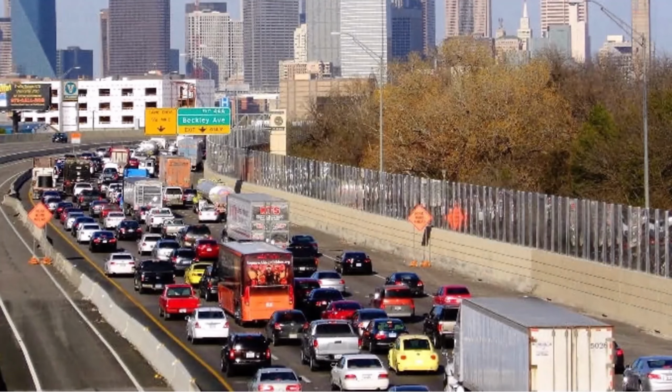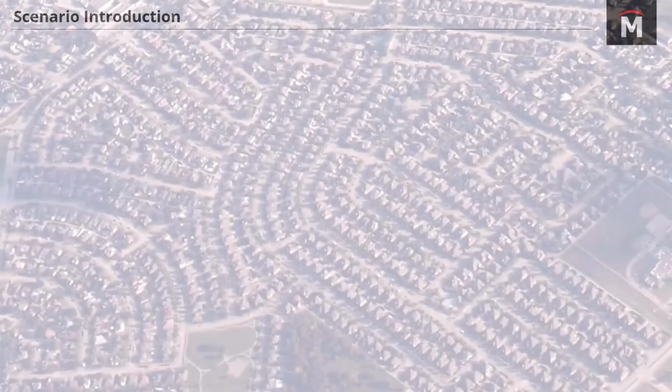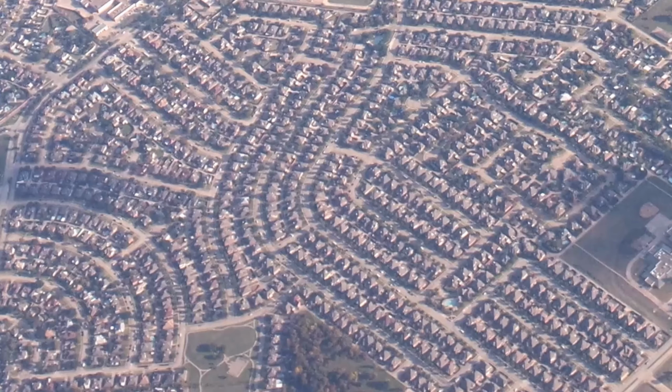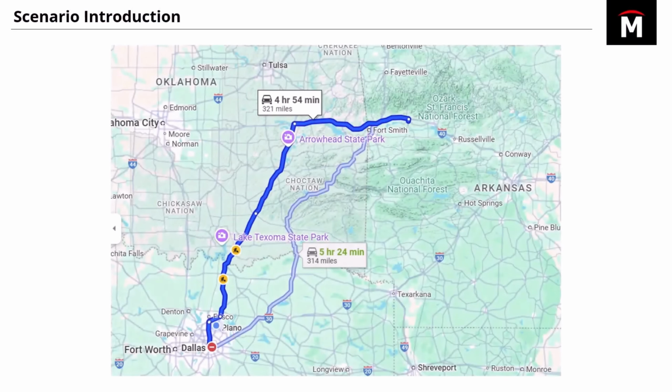We've got all the traffic you could ever want, and we have suburbs basically as far as the eye can see. And so I really like to pack up and travel if I want to actually go for a fun and scenic ride. My favorite spot is up in Arkansas in the Ozarks, which is about 5 hours away. And so I've started renting or borrowing trucks to get there, which is nice because it lets me load the bike, skip the boring highway, and then I have room for camping gear and food and whatever else I might want to bring,